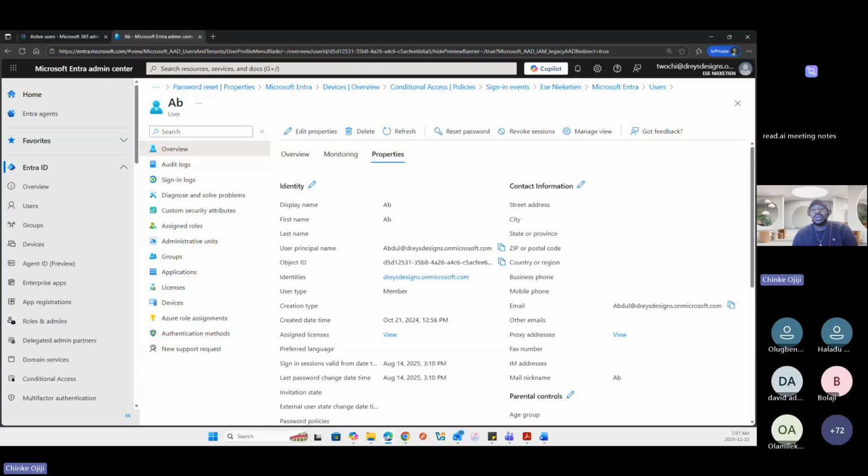Okay, Ifeoluwa, you can go ahead. Sorry. So I'm trying to log into my Microsoft Entra ID, but it's not working. I don't know how to do it. Okay, so first things first, what is the error you're getting?